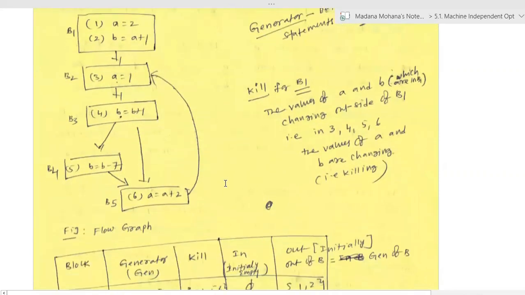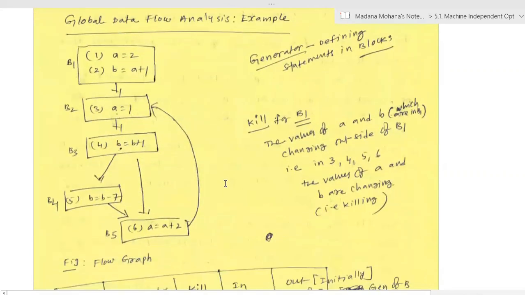Okay, now finally, let us see one example, the flow graph we consider. Data flow analysis example, I already explained above. Again, here we will see only the initial phase. Now here B1 to B5 blocks are there. GEN defines the statements in blocks. Suppose KILL for block 1. Now let us see one example clearly.